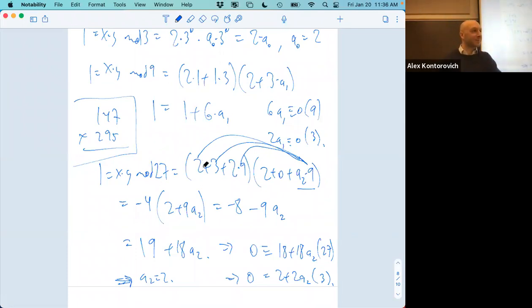Thanks, Forrest. And just one little comment: since the first thing was a unit, we were able to get to this last step because we were able to divide. Exactly, this 2 is invertible. It's always that 2 that gets hit. It's always that 2 that hits the next new digit that you're trying to learn about. All the other digits are going to interfere with one another in complicated ways. I don't know what the solution is going to be, but it's always going to be 2 times A2, 2 times A3 mod 3, 2 times A17 mod 3 that we need to solve. This thing will be dependent on what happened prior. Great, thanks, Forrest.